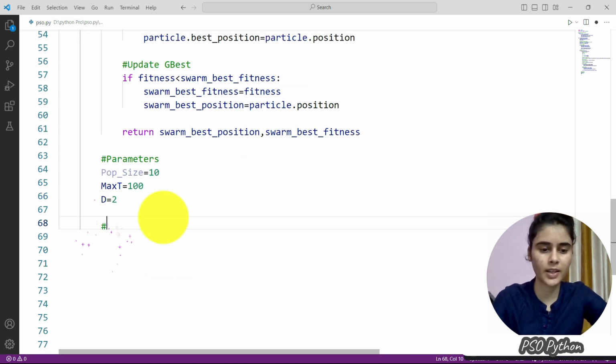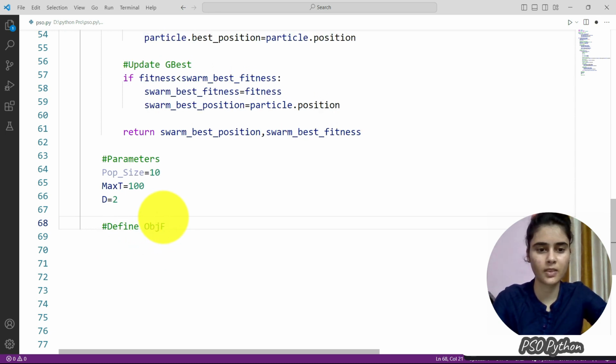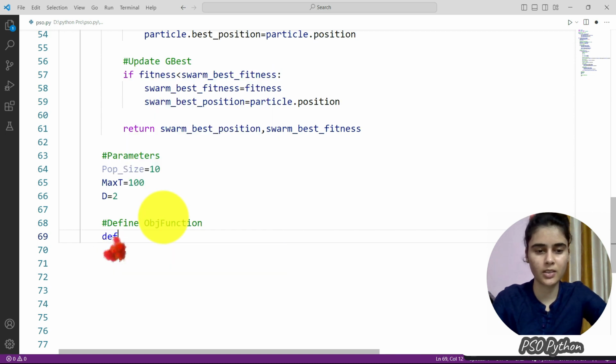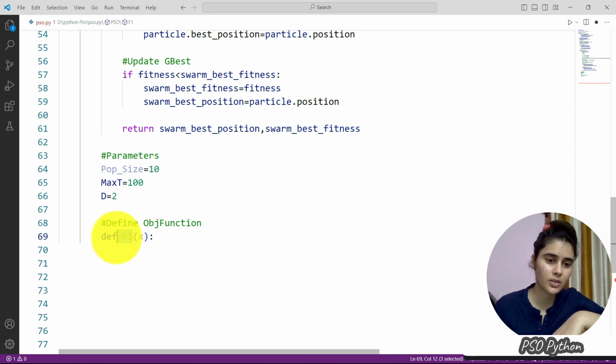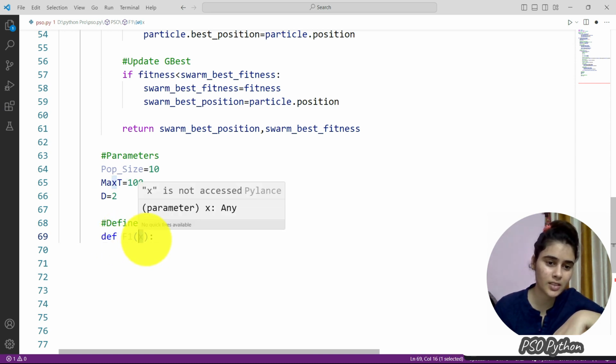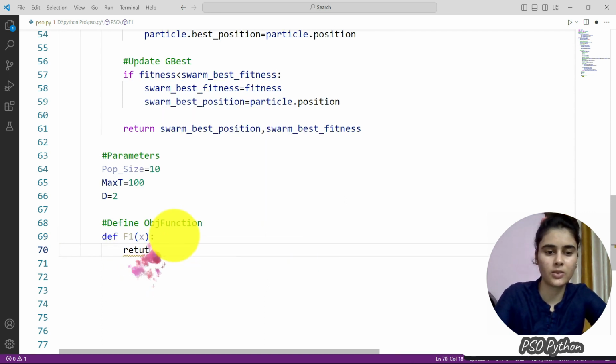Now we will define the objective function. The first objective function name is f1. As you can see here, this objective function f1 takes the position vector x as the input, and it returns the fitness value.